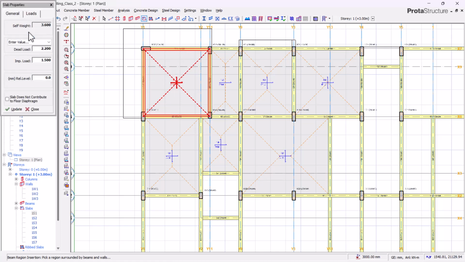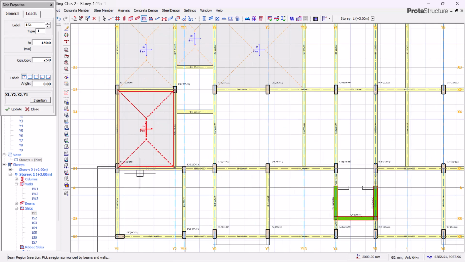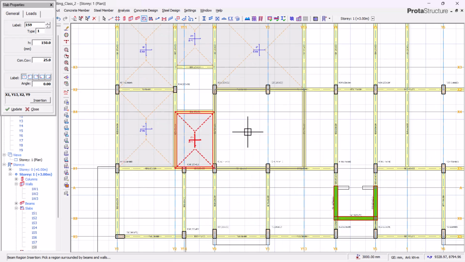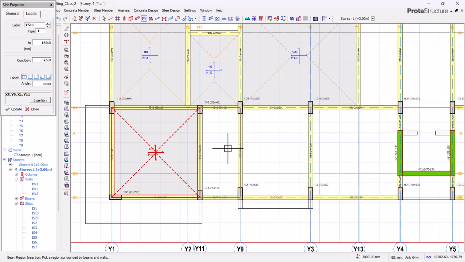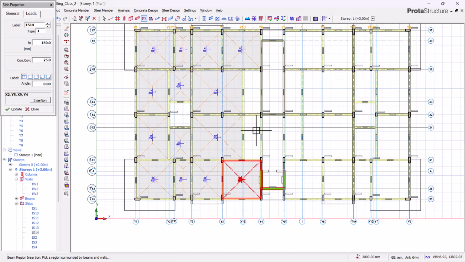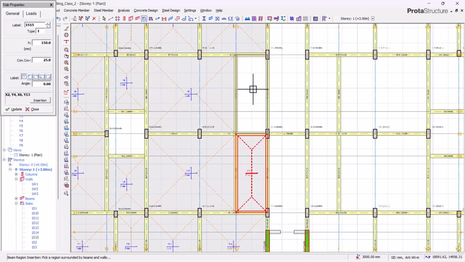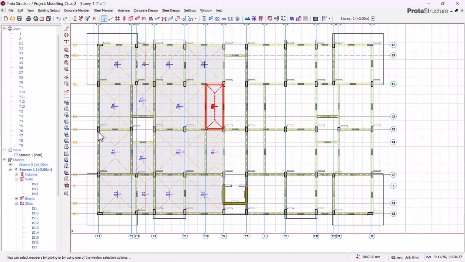You can see the same property. We'll come here and we'll click here, this part, this part, this, this, this, this, and this. Okay, so this is our void. All right, so let's close this